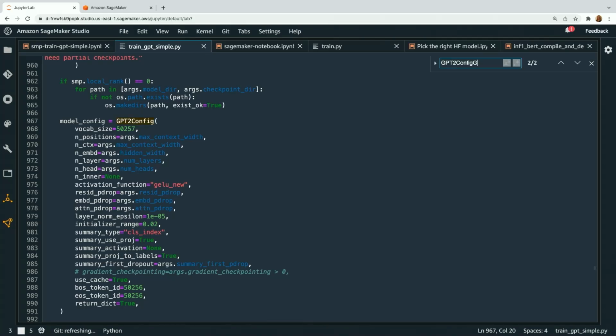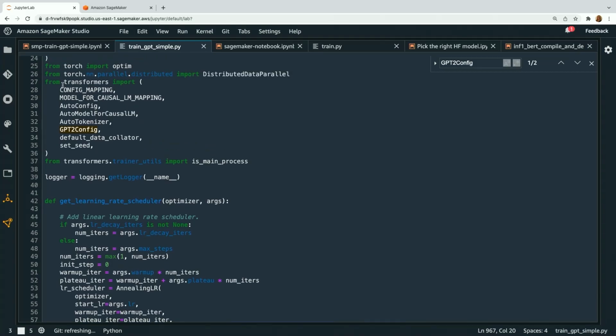If you want proof, let's go look for that. GPT-2. Oh, perfect. That's what I was already searching for. So where does that come in from? From Transformers. Remember, Transformers is that Hugging Face SDK, and we're importing the auto model for causal language modeling. That's the objective that we use for GPT-2. It uses the previous tokens to generate the future tokens. That's why they call it causal versus masked language modeling, which is bidirectional, and that's what you've seen for BERT. And so in any case, we've got our GPT-2 config set there.